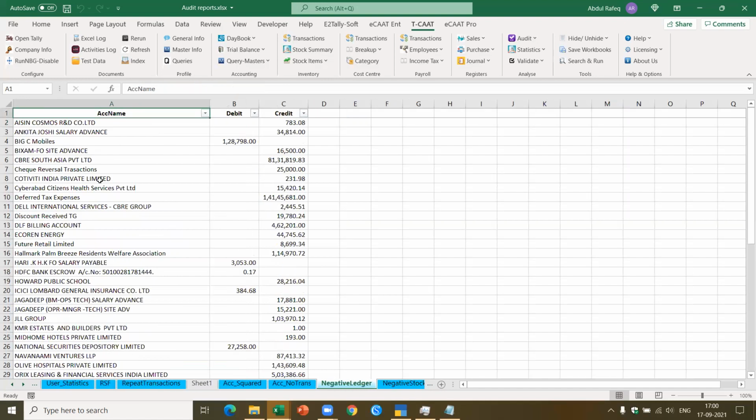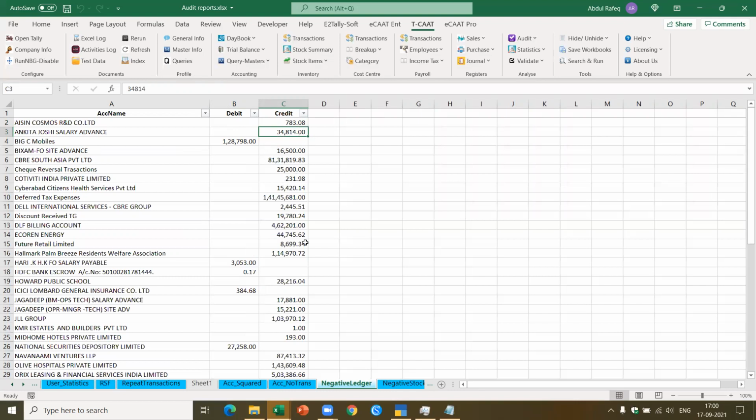Now, similarly, you get negative ledgers, which means as per the accounts, this party is supposed to be a debtors ledger, the sundry debtor is supposed to have a debit balance. This got a credit balance. Similarly, the salary advance is supposed to have a debit balance, whereas it has got a credit balance. So in this case, maybe they have not passed the related accounting entries for the vouchers which have been received, or they have not passed the advance. You can check what is the reason why this has got a credit balance.